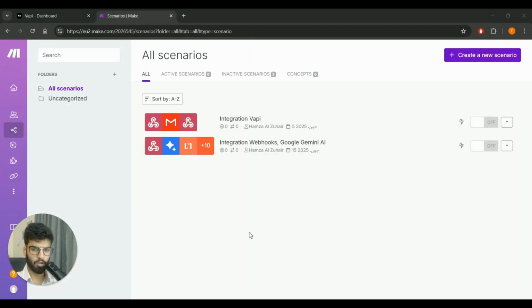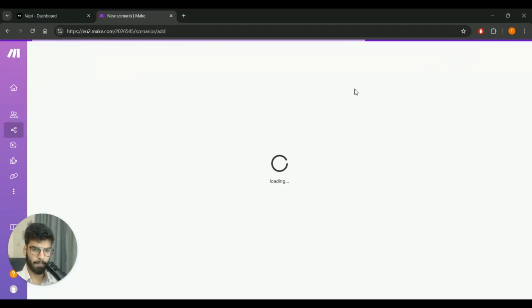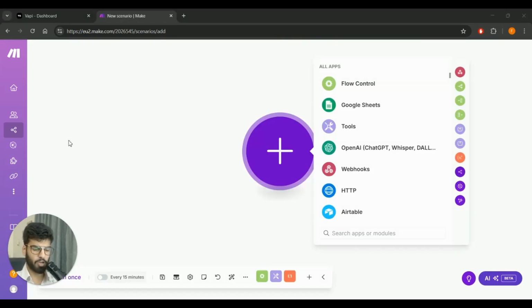So you just head over to make.com, log in and create a new scenario. So make.com workflows work in nodes. So one node is going to perform one task and the other is going to perform the next task, and it moves in order. So it's pretty easy to visualize, no code. So our Vapi AI voice assistant needs to be able to call this workflow. So it's going to make a request to the make.com server, and our server is going to execute this workflow